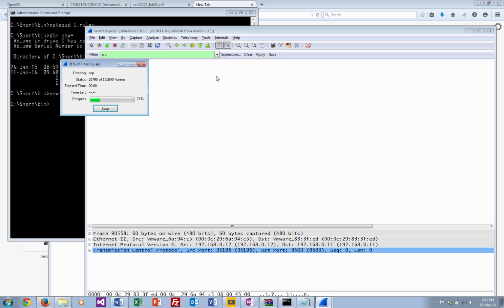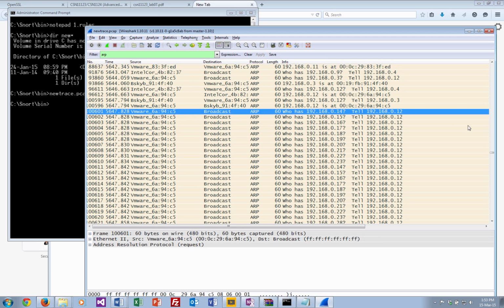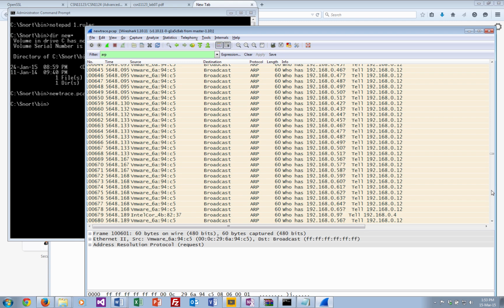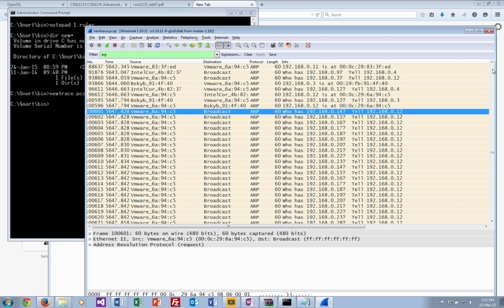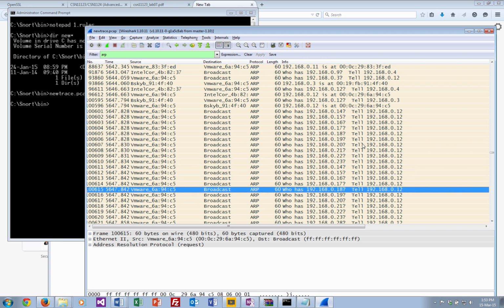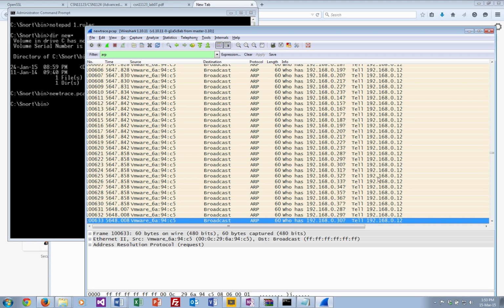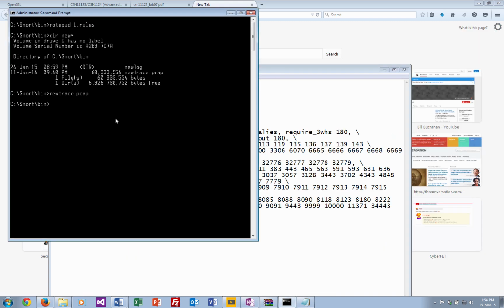Remember, we can use the filters to find things, but we'll try and use Snort in this case to identify the activity. So we can see here there's a standard sign of an ARP scan across the whole network. The node that is doing this is at 192.168.0.12. Okay, so let's go and do this. The first thing we'll do is look at the